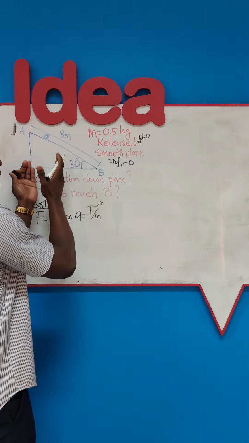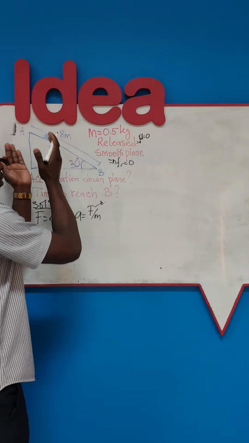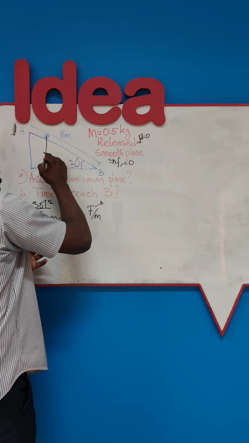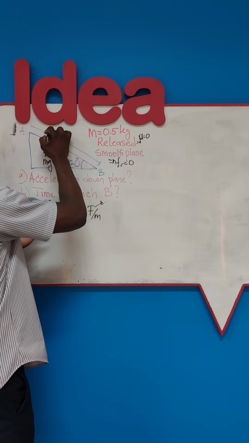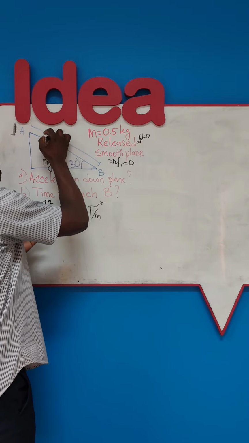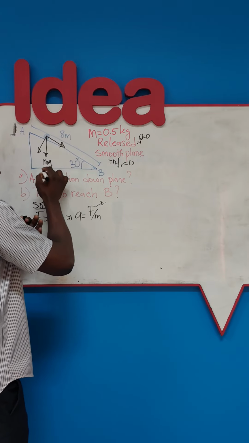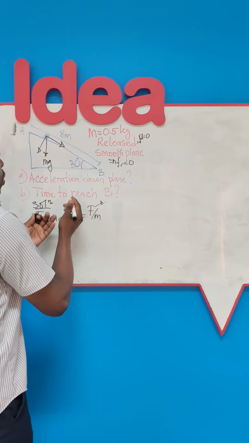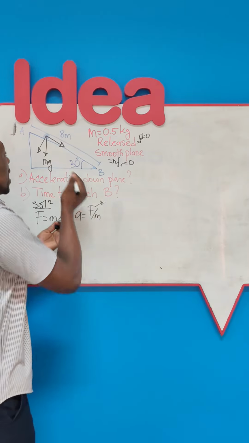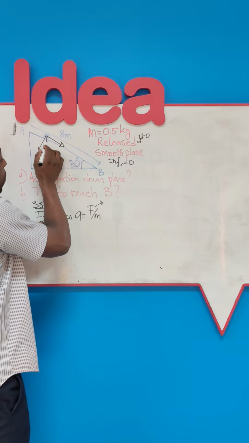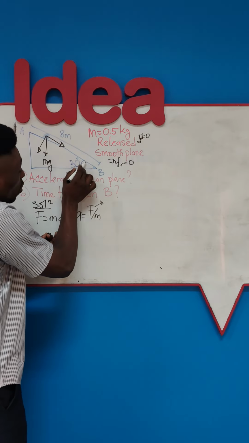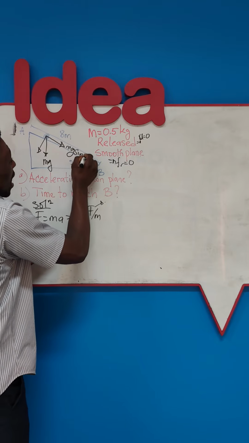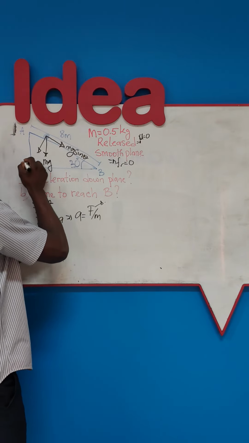Now looking at it, there is no other force acting on this ball but its weight, and this weight mg has to be decomposed into a component parallel and a component perpendicular with respect to the plane of motion. Experiment has proven that the component parallel to the plane of motion is given by mg sine theta, where theta is this angle,